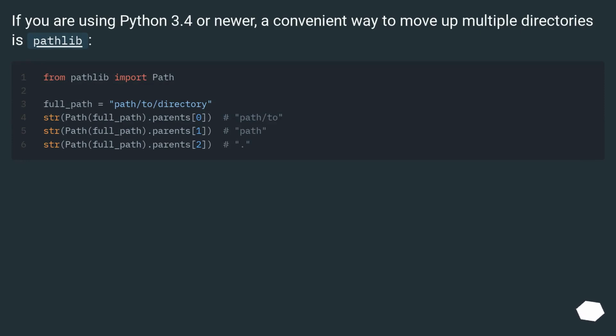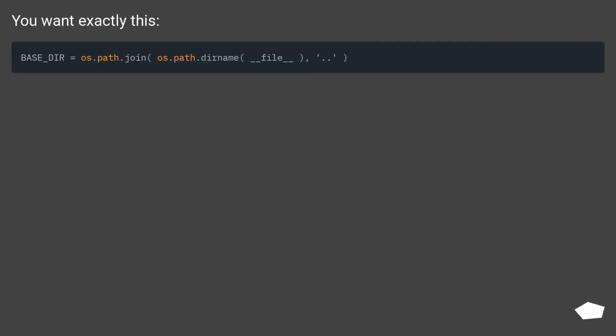If you are using Python 3.4 or newer, a convenient way to move up multiple directories is pathlib. You want exactly this. Before the